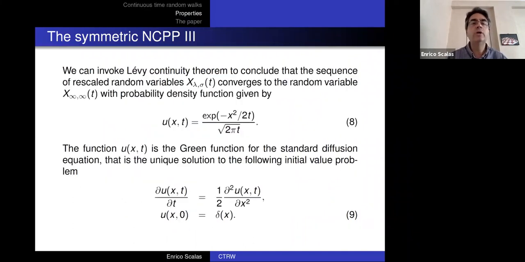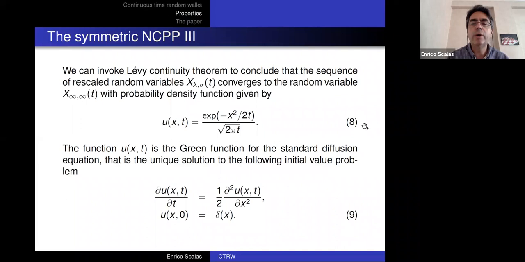You have to use a technicality, Levy continuity theorem, which tells you that if the sequence of characteristic functions converges to something which is a characteristic function, then the sequence of random variables converges to the random variable with that particular characteristic function. And if you invert this,